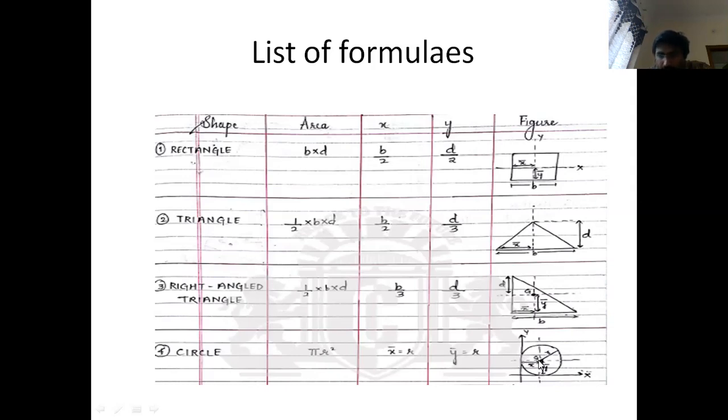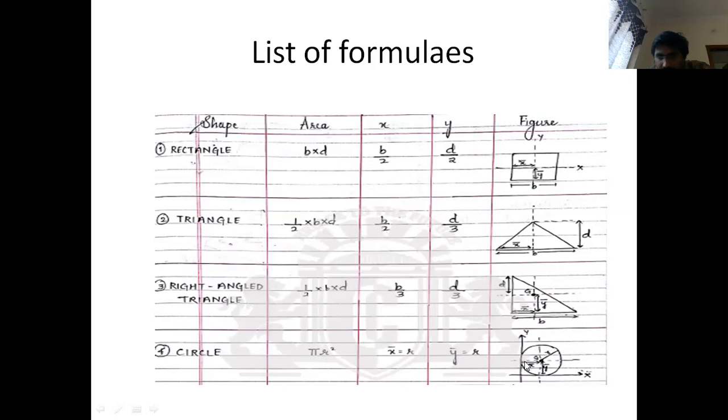Either I can call it as d by 2. In the same way, if we fold with reference to this axis, the horizontal symmetrical axis, you can fold this upper part which will coincide exactly on the bottommost part. But where is the reference axis? The reference axis will be here. What is the distance from here to here? The distance will be d by 2 or r.